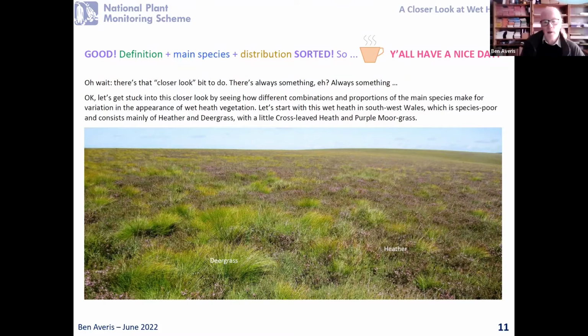Here, for example, is some wet heath consisting mainly of heather and deergrass. It's down in Wales. So it's actually the site with the largest extent of wet heath in the whole of Wales. We do see quite a lot of wet heath that's co-dominated by heather and deergrass, and there are going to be some more pictures of that combination coming up. The next picture